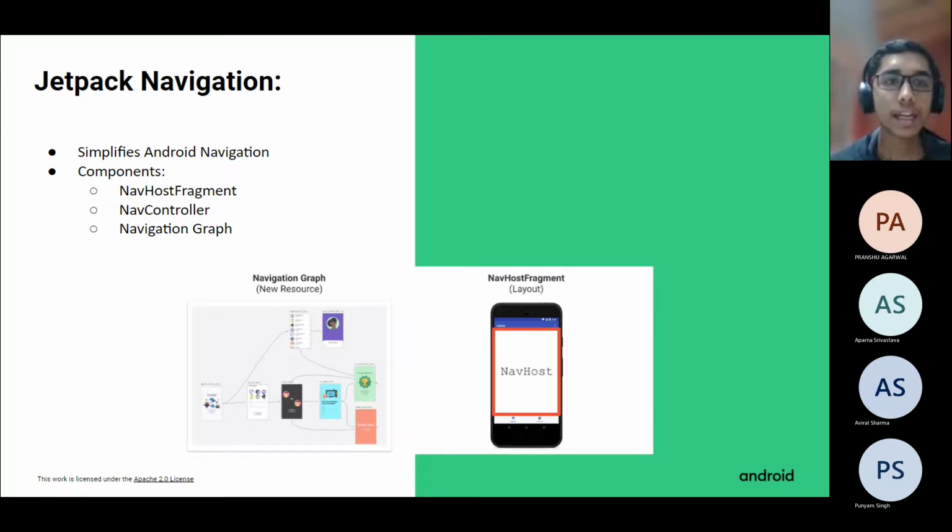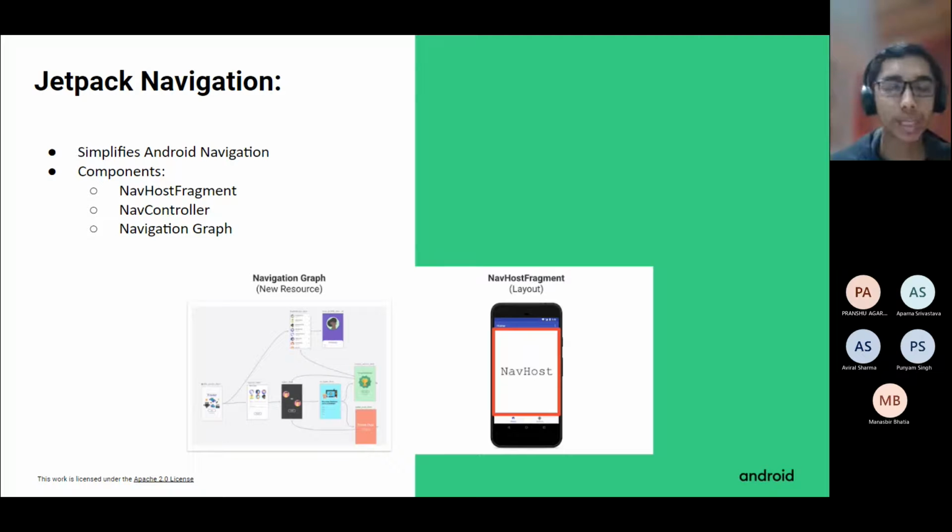So let's say that we want to make an activity which has 3 fragments and we want to swap out the fragments. Now, what is a fragment? Activity we learned about in the last session. It's basically a screen in your UI with data and all those things. And a fragment is basically a mini activity. All right. It only occupies a part of the screen and it has its own life cycle and UI and such. You'd have seen fragments being used in many places before, like if you have a small menu or something like that, then the UI changes in that part, meaning they could have easily used fragments for that.